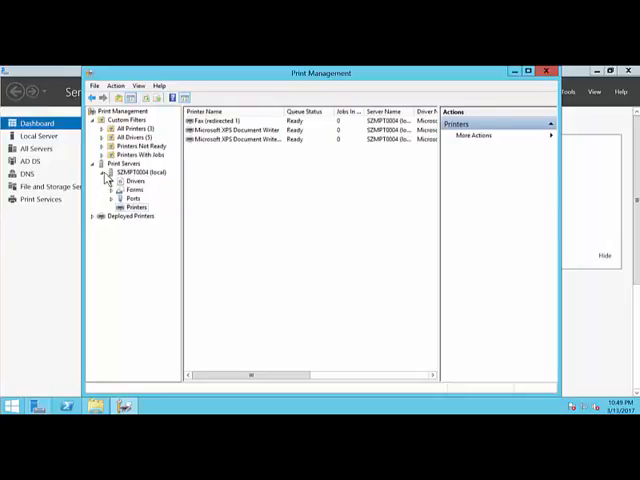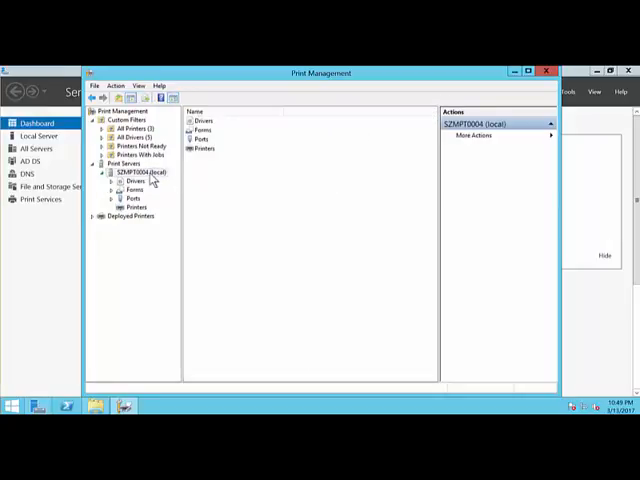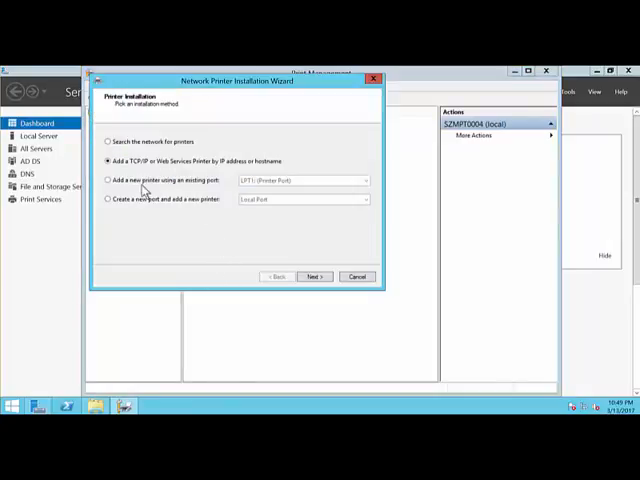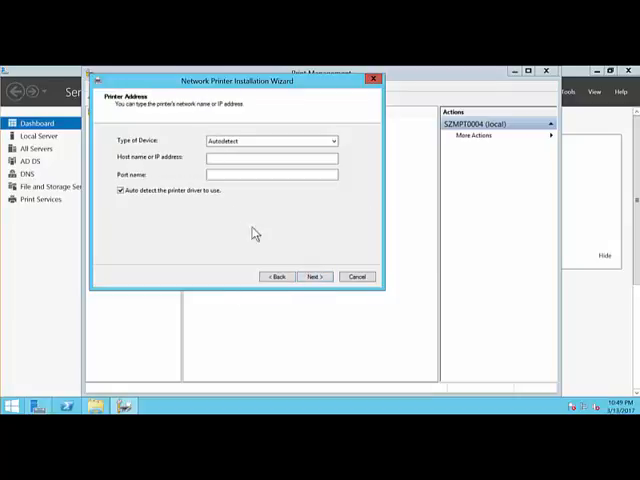Okay, let me go back a step here. So you have this local server here. Right click on it and click add printer, and then it will give you this option here. Add a TCP/IP or web services printer by IP address or host name. Normally at the big corporations, this is the default case, so simply click next, and then it will automatically detect the IP address. So we'll just leave it there. If you know the direct IP, you could type it in there, but we'll just leave it on auto detect and